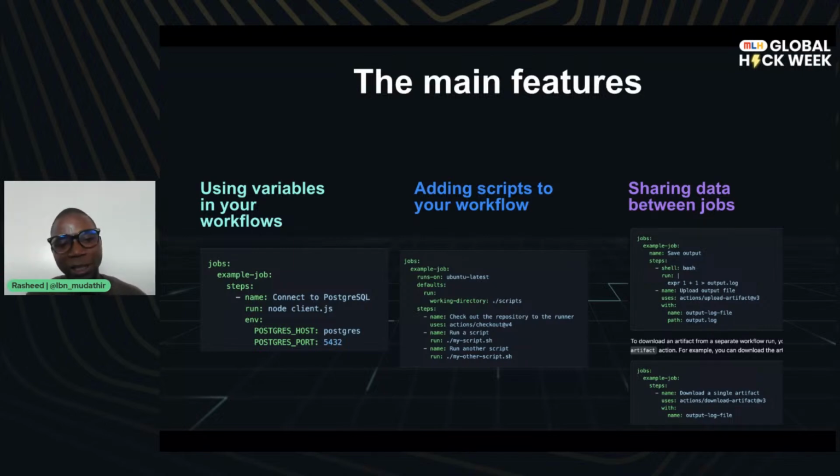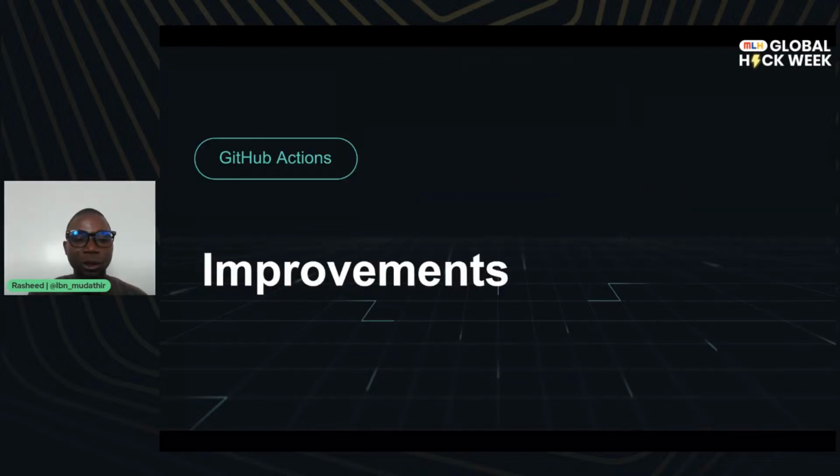And one last main feature that GitHub Actions provides is sharing data between jobs. Okay, you have different jobs. You want to transfer data from one job to the other. We'll see that as we progress, during our demo, where we transfer our link from one point to the other, and we produce an artifact in one place and get it to production in another job. So the point is, you get the ability to share data between different jobs.